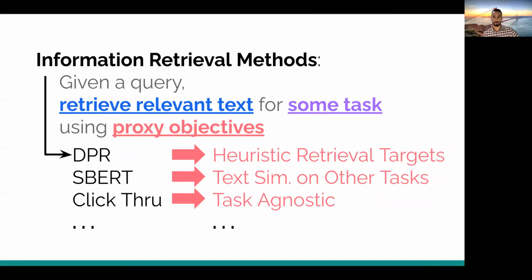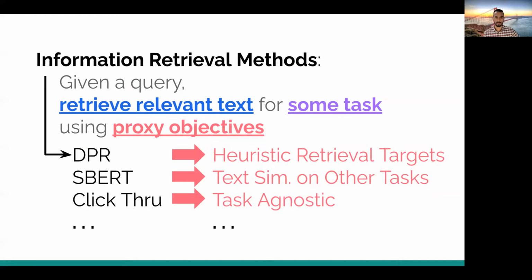There's some other work that does take into regard downstream tasks, but they train to pick the text in terms of its utility for a downstream task using proxy objectives. So for example, they will use things like heuristic retrieval targets that are very likely useful for some downstream task, but not always. Or they will do things like train the model to learn text similarity between the query and text, but on a different task rather than the downstream one. Or they will learn from what's called click-through feedback. So this is common for search engines to learn from which links users are clicking on. But this kind of averages over the many different tasks that various users could be solving when they provide a given query. So it's task